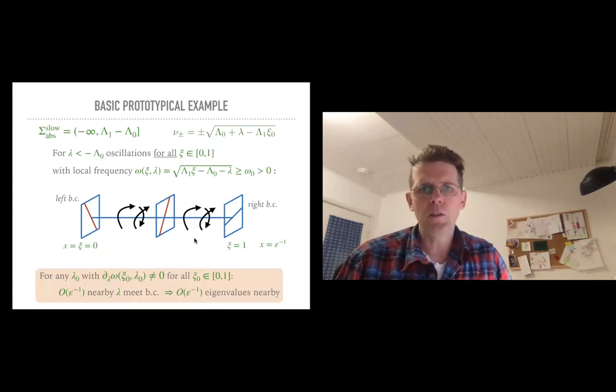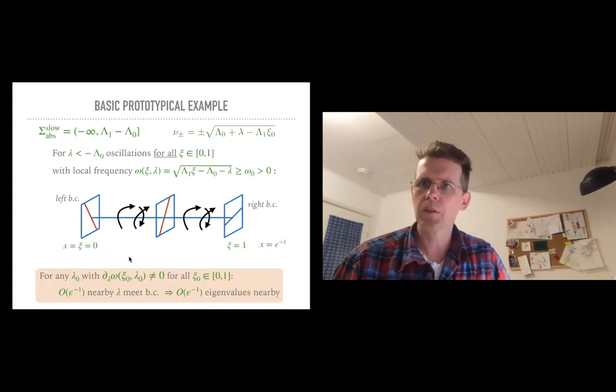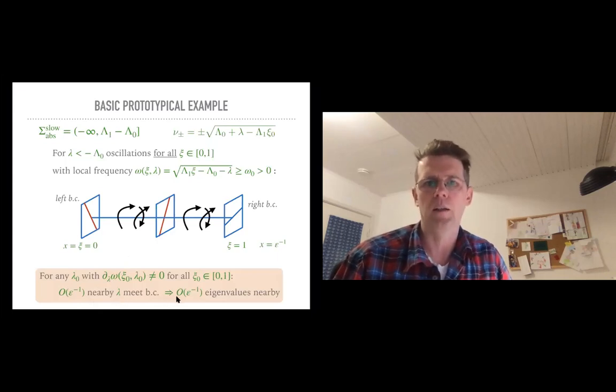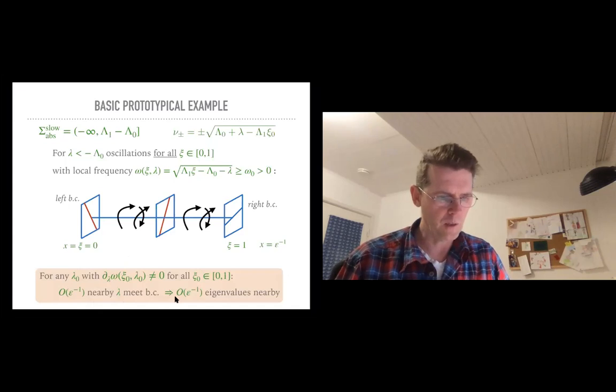Suppose that we are at a lambda 0 where we might not have a closed setup here, so the boundary conditions are not met. Then we would like to perturb in such a way that they are met. And we want to meet them many times. When omega is regular in lambda, it turns out that we get order 1 over epsilon nearby lambda that meet the boundary conditions, and thereby order 1 over epsilon eigenvalues. As I said, this was more the heuristic viewpoint, but it gives a geometric intuition, I hope.